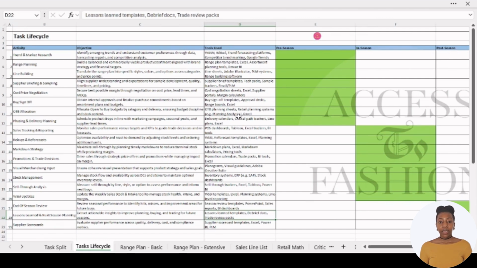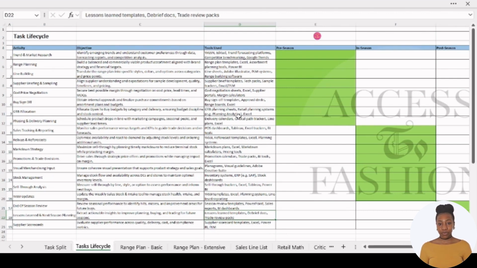For example, if we did our hero product, we had our summer dress that we thought would be a hit, it was terrible. Let's not go into next season with a summer hit dress. Let's try a summer hit top or blouse, or let's actually get that denim out in the front. Maybe that denim that ticked along, if we hyped it even more, it would do even better. Making decisions like that. And the tools that are used are your lessons learned,